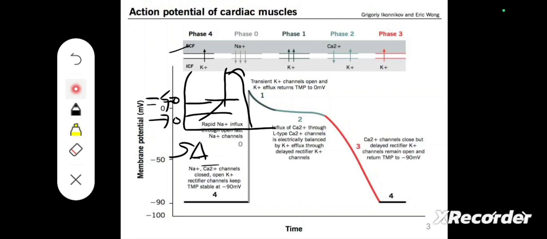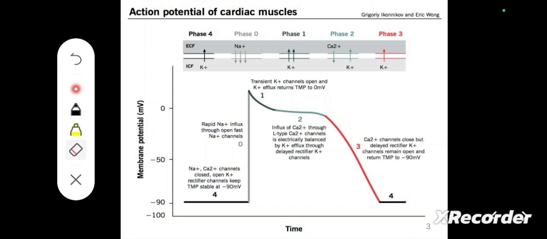So original ionic gradients are restored by several ionic pumps and the cycle starts over. So this is the pacemaker action potential. Now